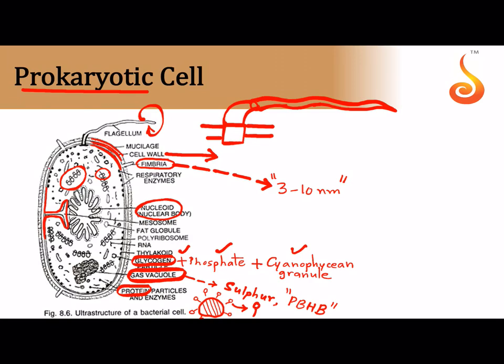Sometimes on a bacterial cell you will find hollow tube-like structures. Remember that these hollow tube-like structures help in transferring genetic material, that is, conjugation between two bacterial cells. This is referred to as a pilus. It is identified that pilus is only seen in gram-negative forms of bacteria. Sometimes the pilus is referred to as the sex pilus because it helps in the exchange of genetic material.